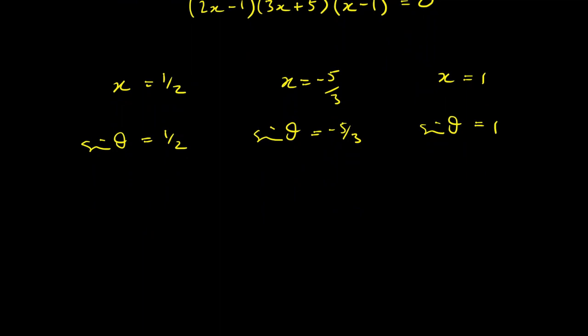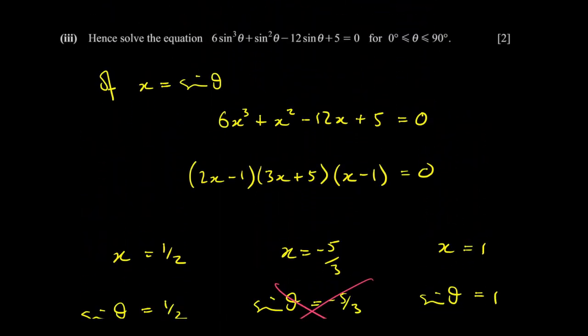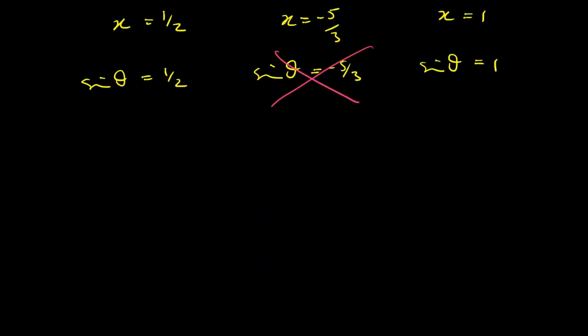Now, immediately we should recognize that the middle of these is not possible, right? Because negative 5 over 3 is a value that is not within the range of positive 1 and negative 1, right? So that guy's out. There are no solutions there. But then we want to find the other solutions. We want to do it between 0 and 90 degrees. Okay, well,